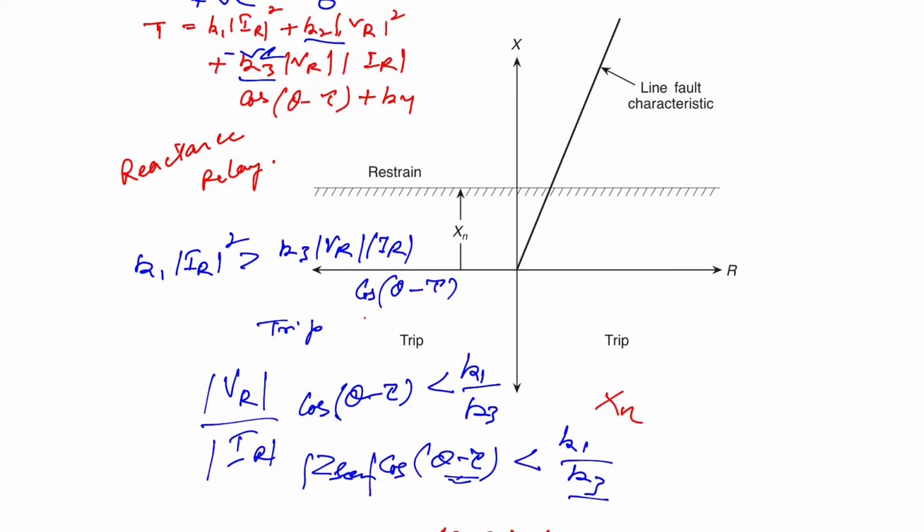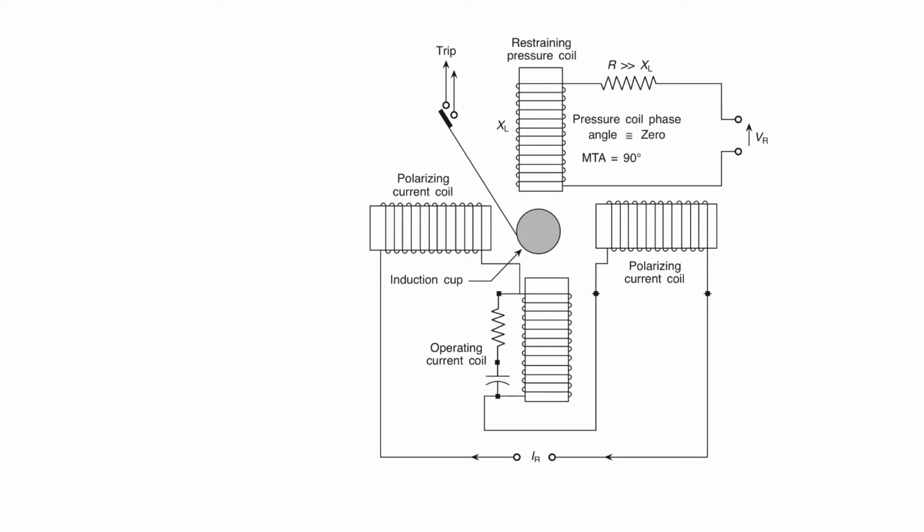Now how can we implement it? By using the induction cup structure. Now, implementation using the induction cup structure: in this case, the current through one of the coils is shifted in phase. We have this current coil, then this is the operating coil, this is the polarizing coil. The current through one of the coils is shifted in phase, so that the torque, proportional to I square, is produced by the interaction of the fluxes